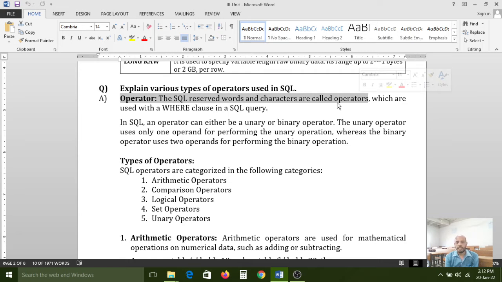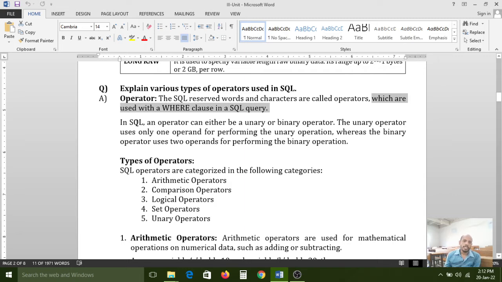SQL reserved words and characters are called operators, which are used with a WHERE clause in an SQL query. Actually, all operators can be used along with the WHERE clause only. So in this RDBMS software, in these database related softwares, an operator is a reserved word, and some reserved characters also we have.